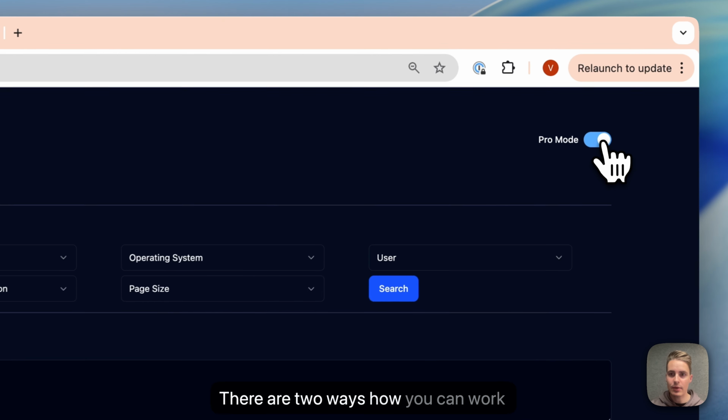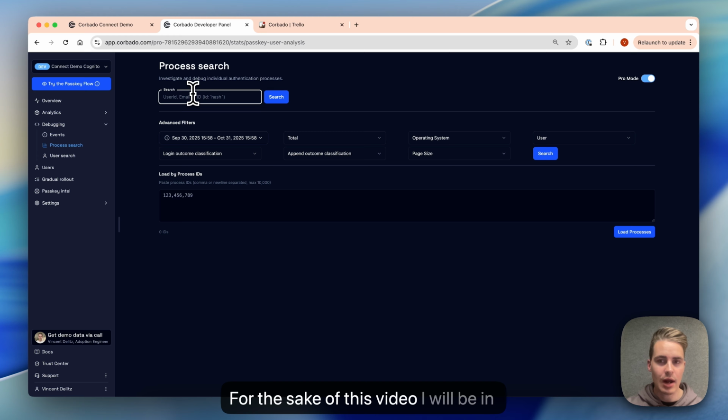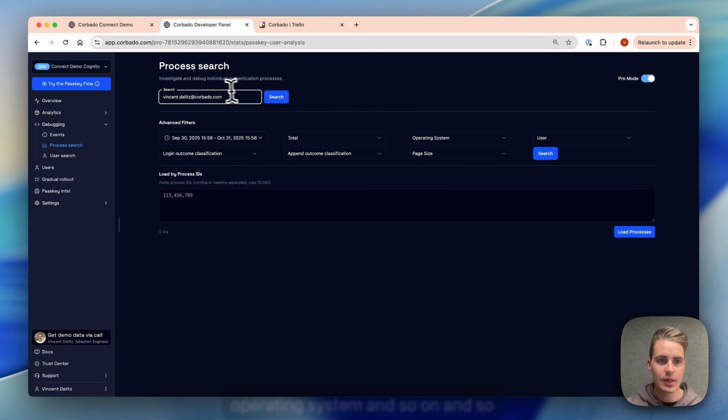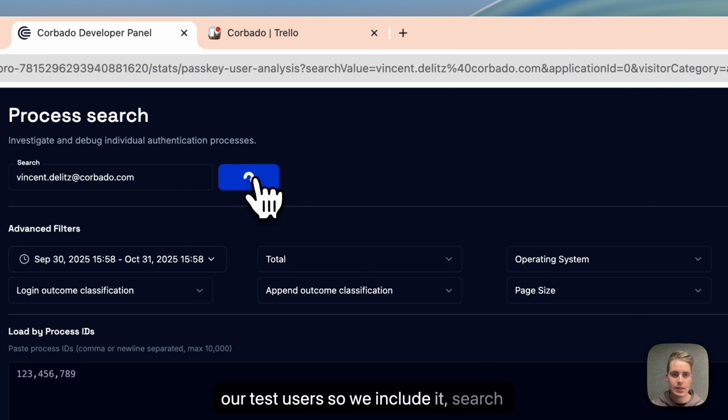There are two ways you can work with it, the pro mode and the simple mode. For the sake of this video, I will be in the pro mode, and usually customers complain and you need them to provide you with a user ID, in this case the email address. You can define what kind of process you want to look at, when it happened, and you can further boil it down by operating system, and so on and so forth. So let's say we know this user, it's one of our test users, so we include it, search for it,